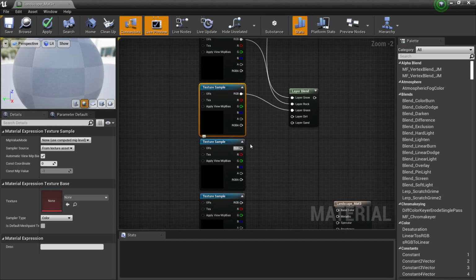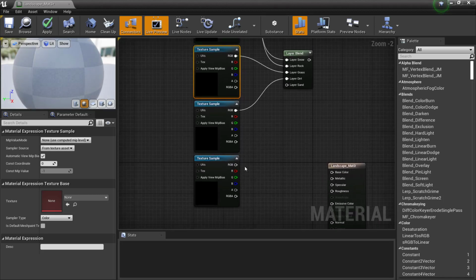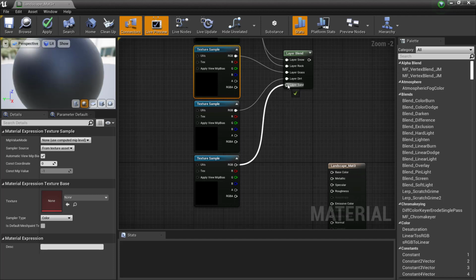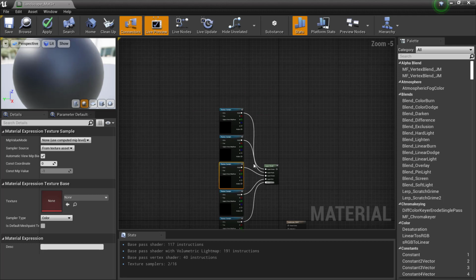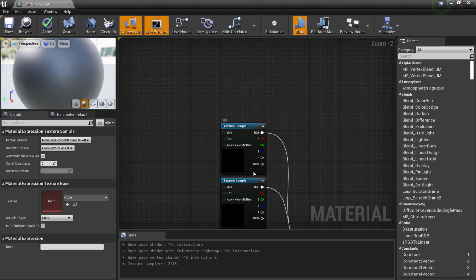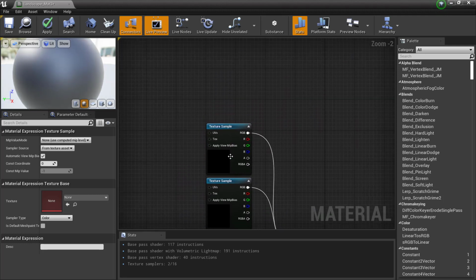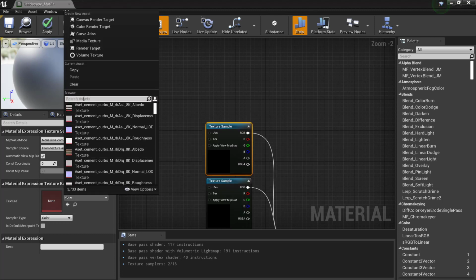And I'm just keeping them in order, so that way I can just go down the line. All right, so we now have a texture sample box, and what a texture sample box is going to allow us to do is connect or place a texture inside there. So if I select the top box and come over here to Material Expression Texture Base and click in there and type in, let's say, snow,